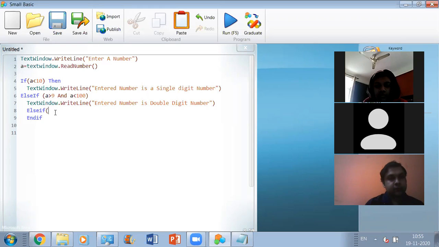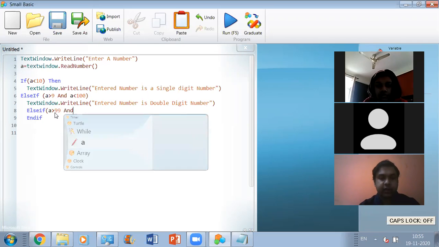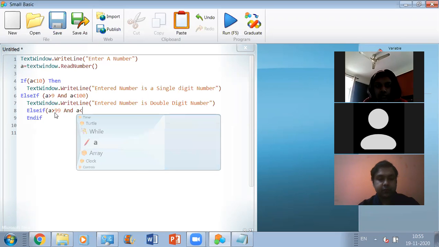Sir, we'll write A is greater than 99. Absolutely correct. And A is smaller than 1000. Here, in India, this is three zeros. Absolutely correct.